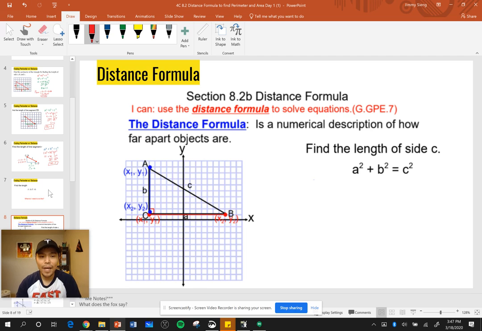Okay, so the distance formula is a numerical description of how far apart objects are. What's nice is the distance formula is used everywhere. It's used on your Google Maps, it's used with people who hike, it's used when you're using a map. Granted, we're not punching those numbers into our calculator, but when you're using Google Maps, it's all little lines together, and it's using this distance formula. And we understand that we're using the Pythagorean theorem,